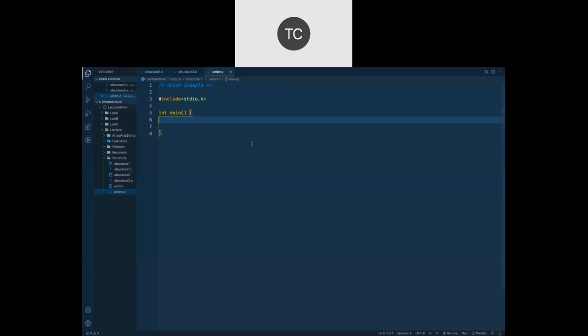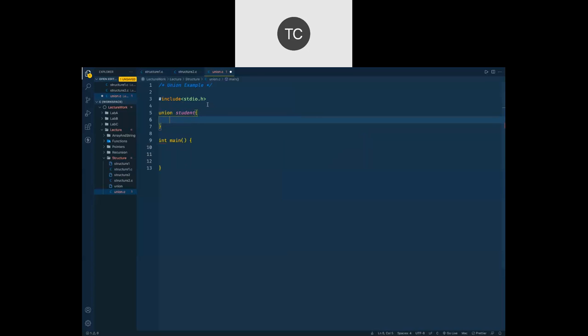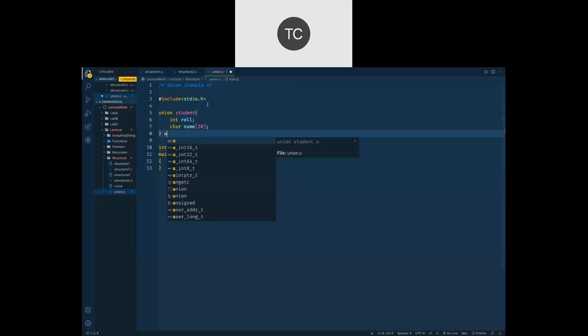Okay. So let's have an example of union here. Let me define a union globally. So we'll go for the union keyword. Then let's have student. And inside that, let us go for integer roll number and let's say a character name of 20 elements. And let us have U1